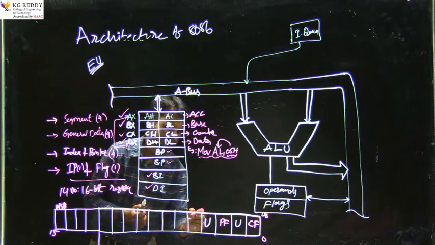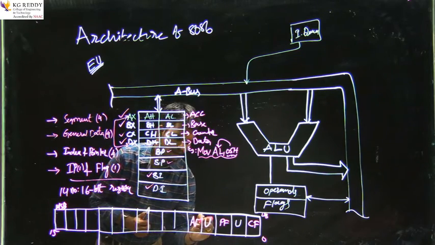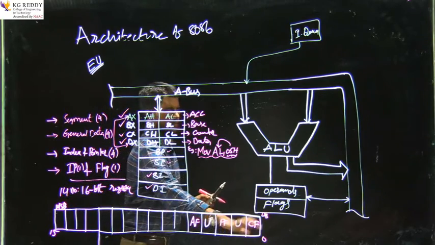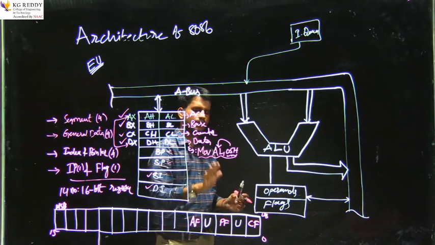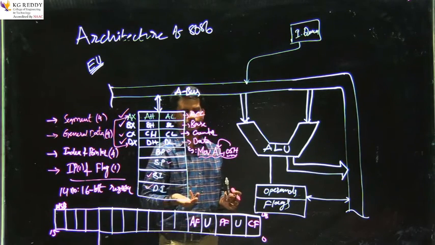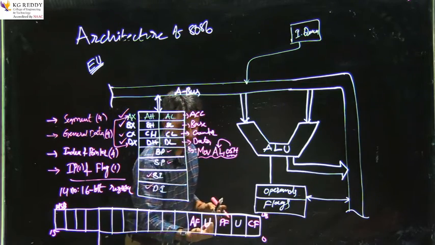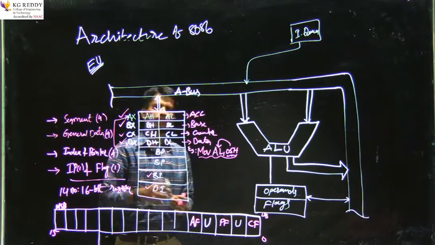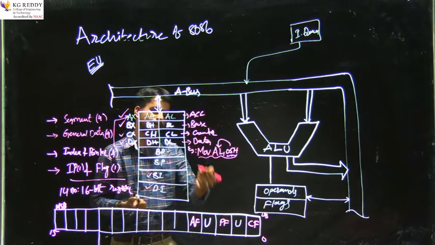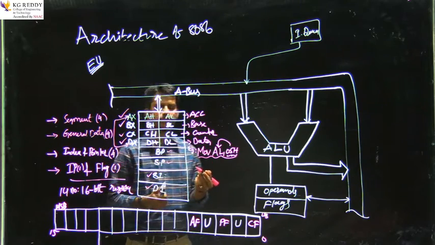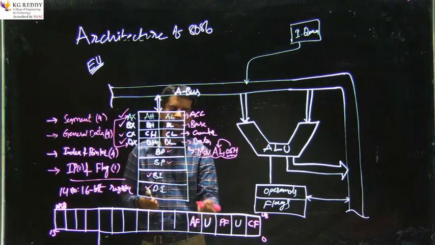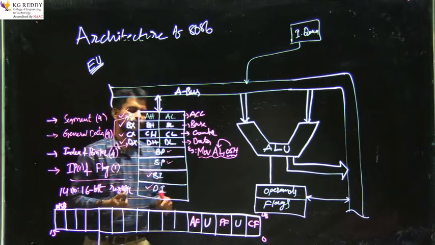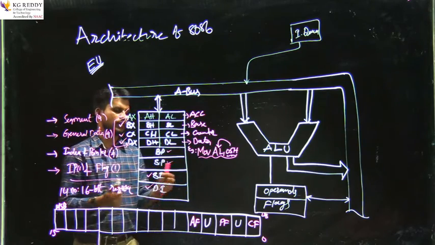Then we have the auxiliary flag, or auxiliary carry flag. The carry flag shows us the existing carry over from the 8th bit to the 9th bit, that is a byte-level carry operation. Whereas the auxiliary carry flag shows whenever there exists a carry from the 4th bit to the 5th bit, that is a nibble operation. After every nibble operation, if you get a carry from the 4th bit to the 5th bit, this bit field will be set to 1 to show that there exists a carry from the 4th bit to the 5th bit in the particular arithmetical or other operation.